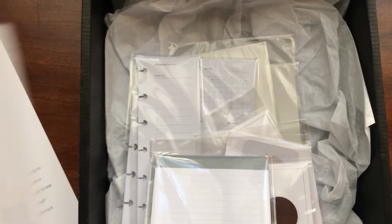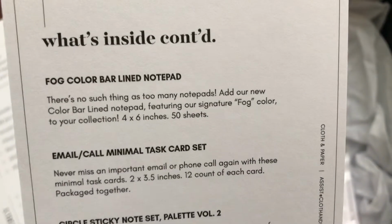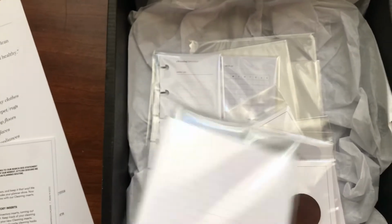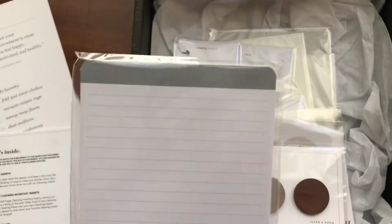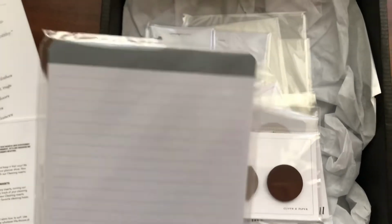what is this called? So this is the fog color bar lined notebook, and this is what this looks like. Love this. So if you are an HP mini user like me, if you have a hole punch, you can definitely just hole punch this and use it as scrap paper or a to-do list or anything like that. And it fits perfectly in there. So yeah, this is a great